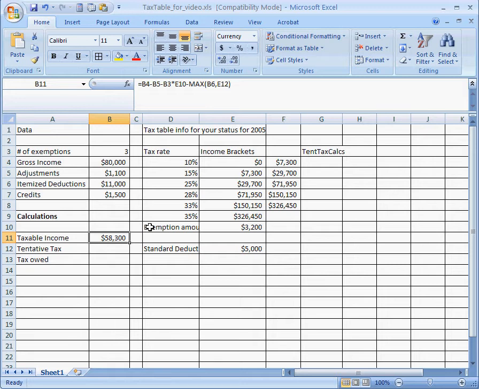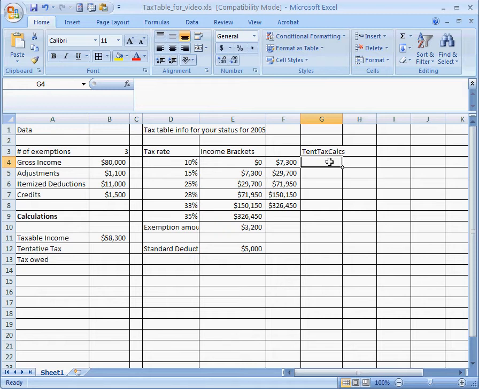Recall that the calculation for the tentative tax depends on the bracket that the taxable income lies in, and then we're going to add up several of those products. Again, you may want to review your notes on how we did this before we start. To have Excel do this, I'm going to use the if function, which you should have already watched a video about. In cell G4, I'm going to work through the part of the tentative tax that comes from the 10%